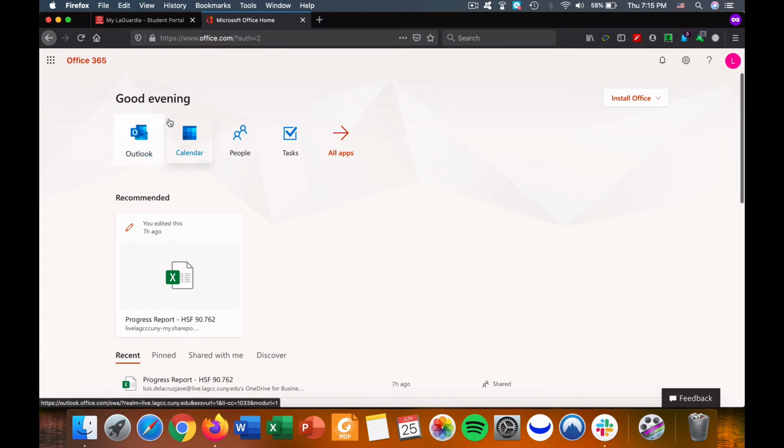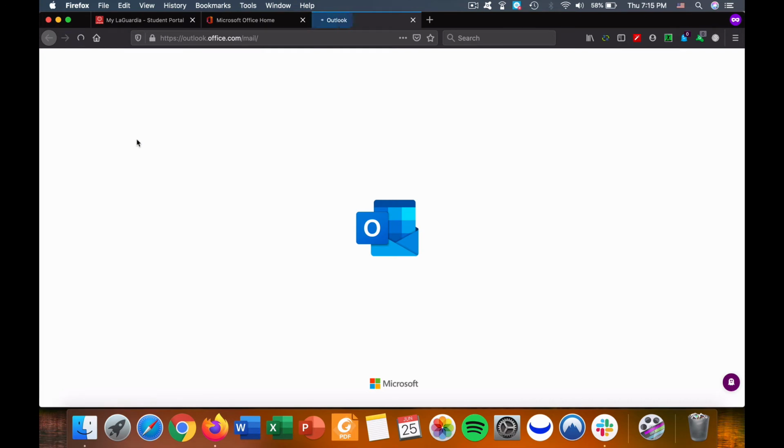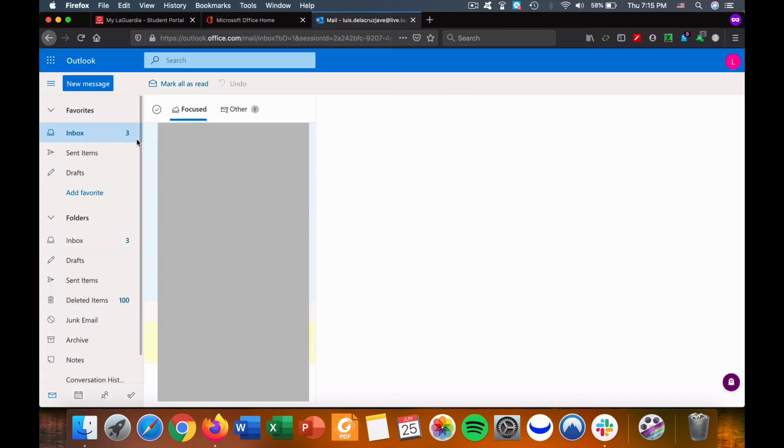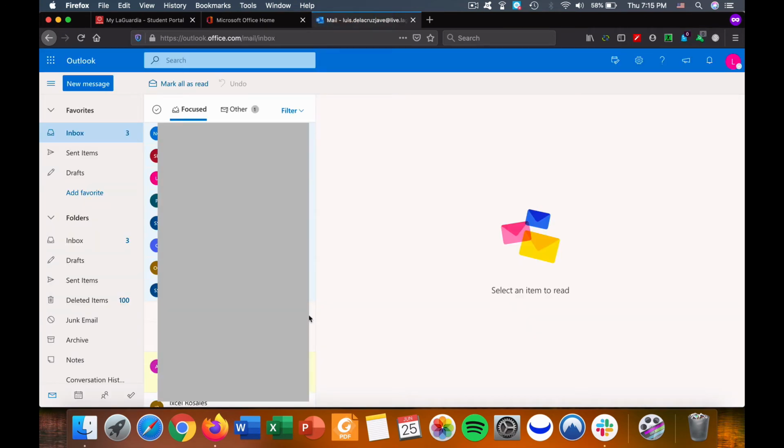Then you will have to click Outlook. Remember, Outlook. You click Outlook, and then you will have access to your LaGuardia email. You probably won't see my emails because this is private. So once you're here, what you have to do is just go and click new message. You click it,